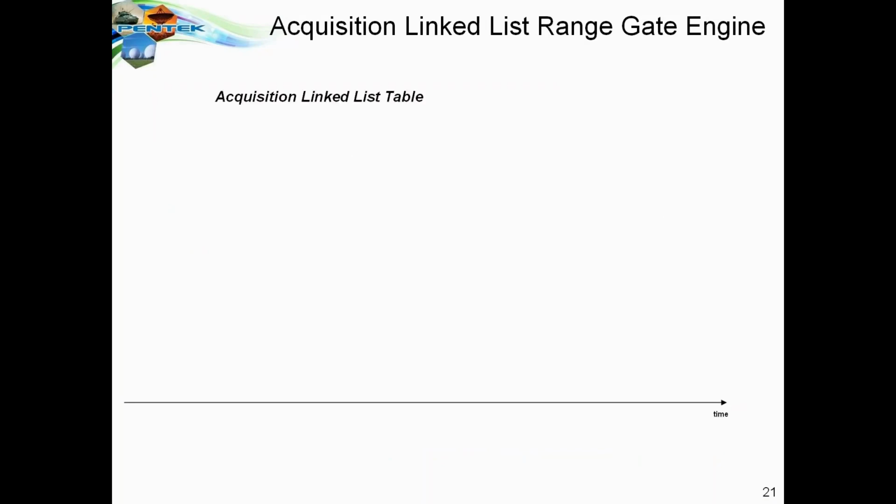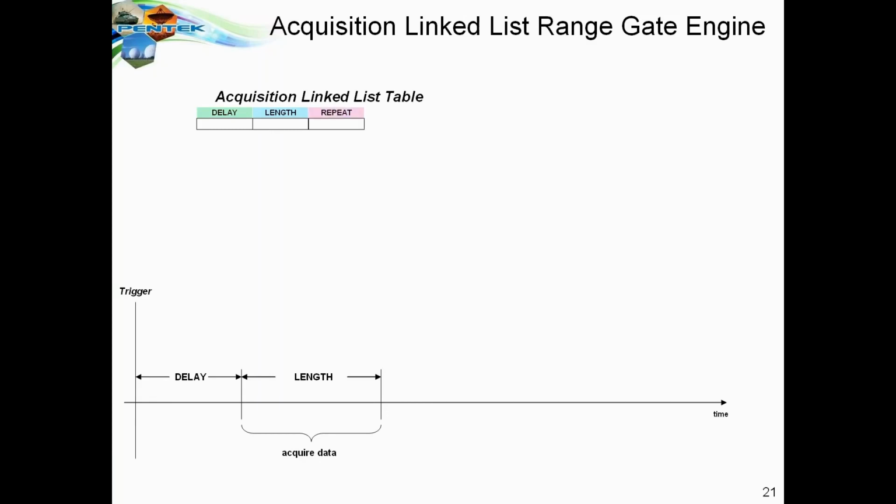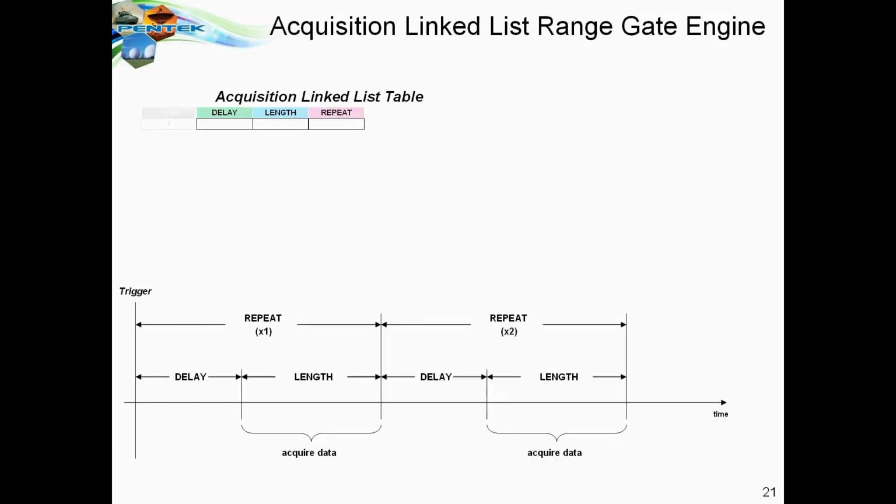We start out with the acquisition linked list table, which is filled out by the customer specifying the delay from trigger before the acquisition begins, and then the length of samples of the acquisition itself. These are the two parameters that are needed to specify a range gate that we've talked about before. We can also specify the number of repeat cycles if that's required. And we also specify, of course, the link number. We can tell the system whether or not to wait for a trigger or not, and then what to do